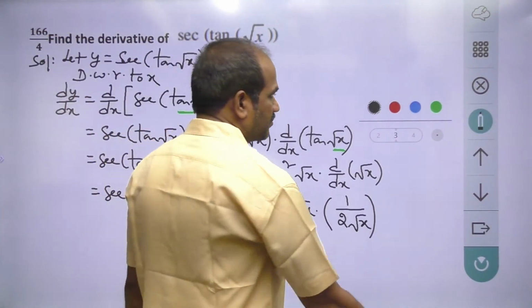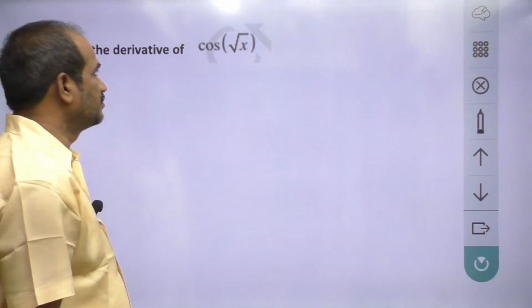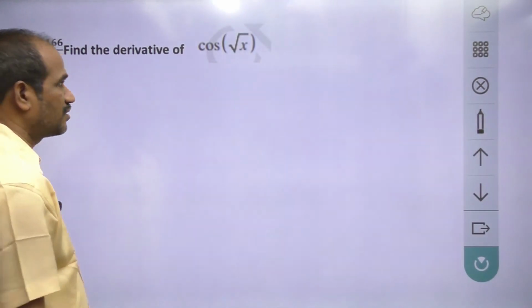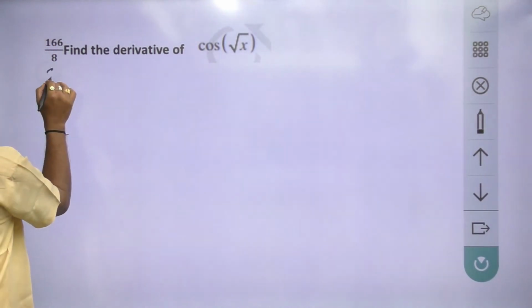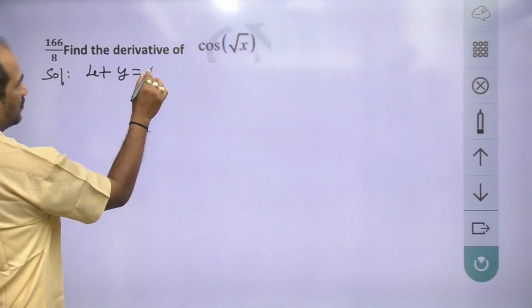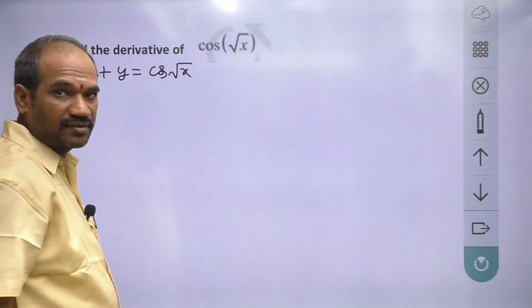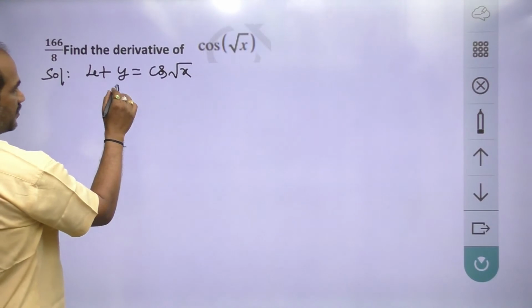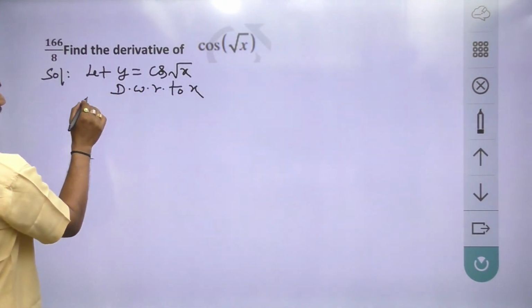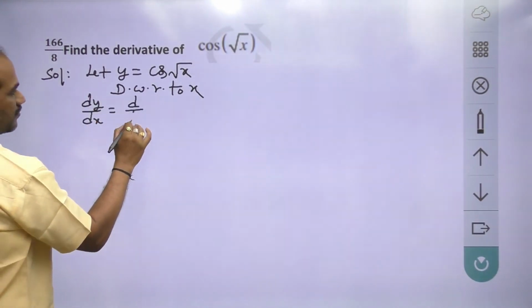Okay, next problem. Find the derivative of cos of root x. In the solution, let y equal cos of root x. Differentiate with respect to x: the derivative of y, dy by dx, is equal to